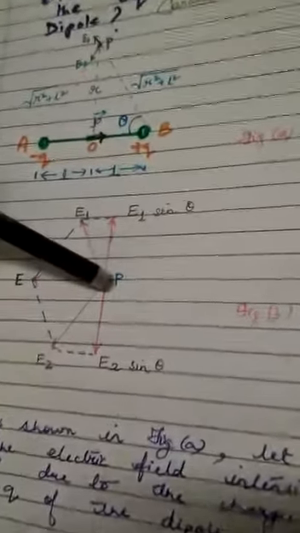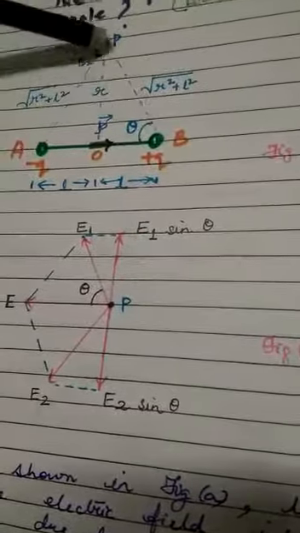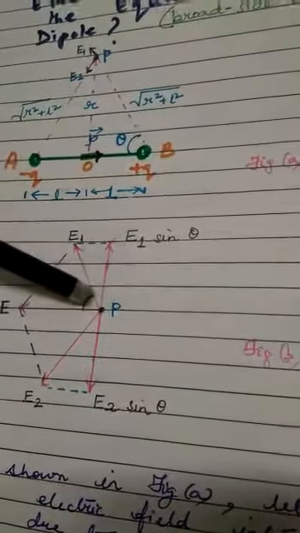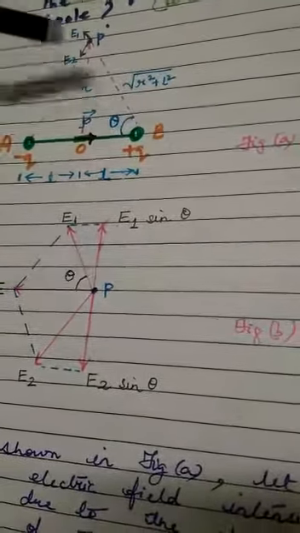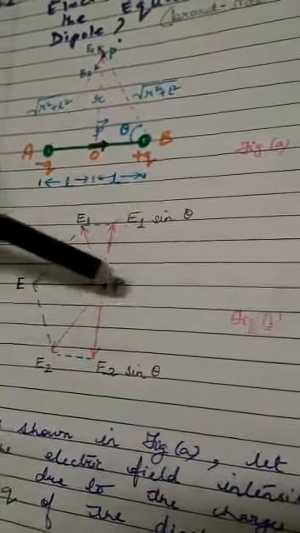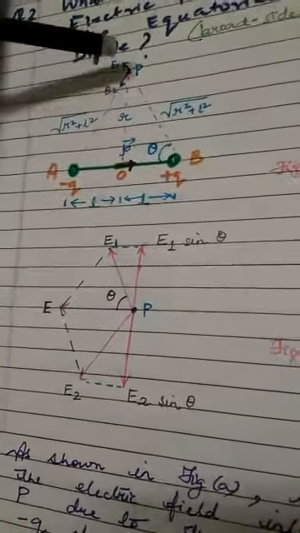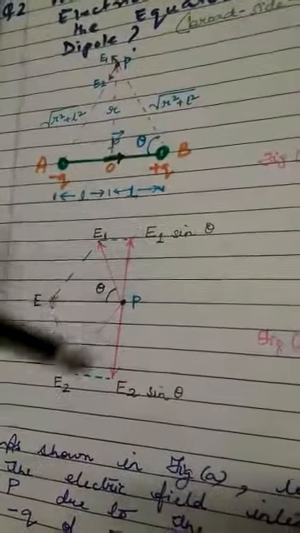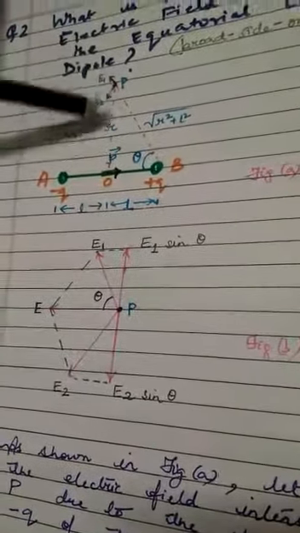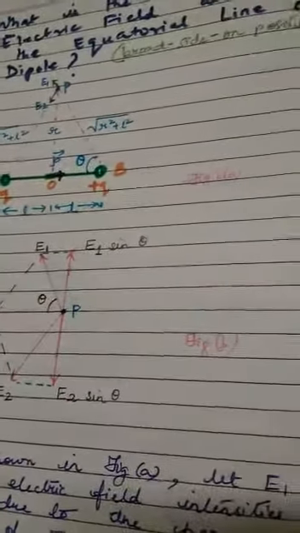So we draw that figure separately. This is the point P. If this angle is theta, then from geometry we can see that this angle also will be theta. The fields are as follows, E1 and E2, and the resultant E will be in this direction. So instead of drawing these vectors at this point, here we just show E1 and E2, and the remaining things we resolve separately in a separate diagram. Now we come to the explanation part.